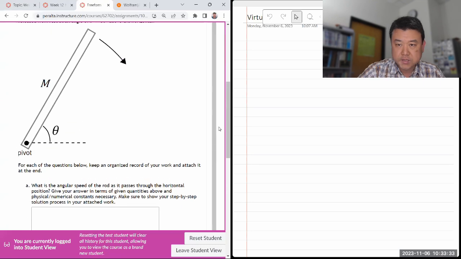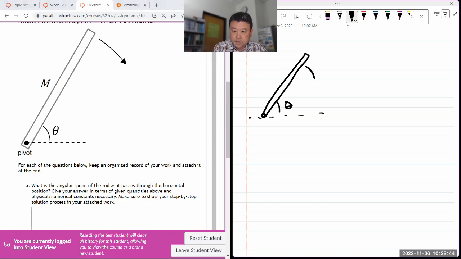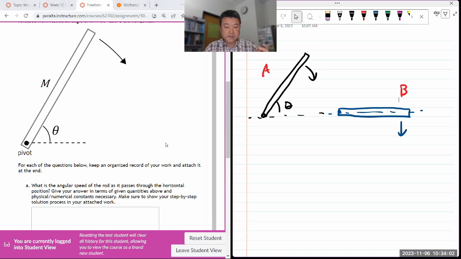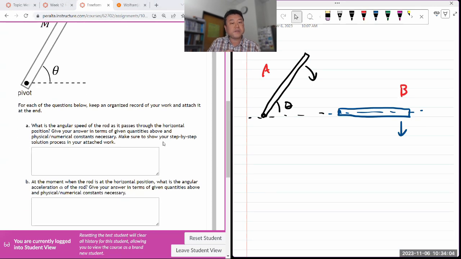So let me just sketch this out so that I have a way to think this through. I have a rod, and after this swings down, the rod is going to be at the horizontal position. So I'm looking at when the rod is swinging down through this position. I'm thinking through two snapshots, snapshot A and B, and when it asks the angular speed of the rod,